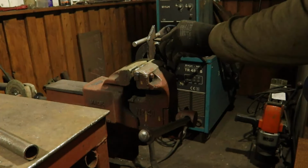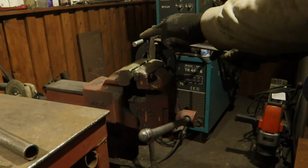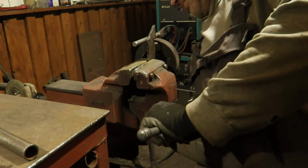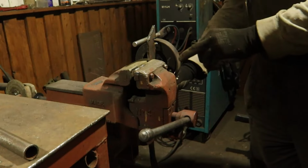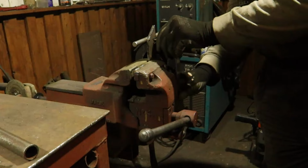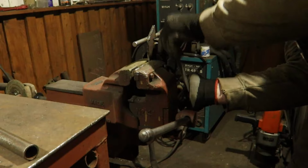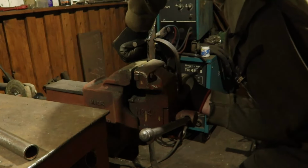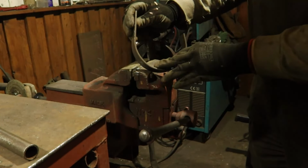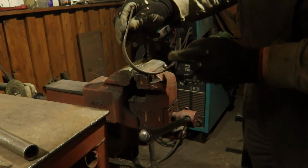So in order to bend the round shape, I made this mandrel. I have a rod so it can keep it in place, and I can just bend it around, and by trial and error I know what size diameter I need. So I just tried the piece and it was too big, so I looked at the difference, and when I looked at the difference I knew how much smaller the diameter of the mandrel should be,